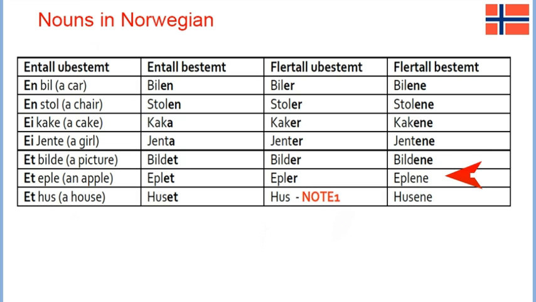Plural, epler, apples, eplene, the apples. If you were very alert, you might notice that I didn't pronounce the T in eplet. In neutral nouns, not verbs, but in nouns, the T tends to be silent in the definite form. So, the picture, bildet, the apple, eplet,